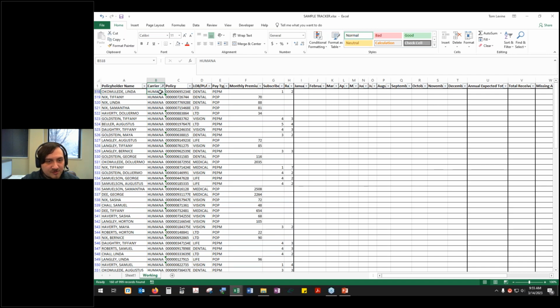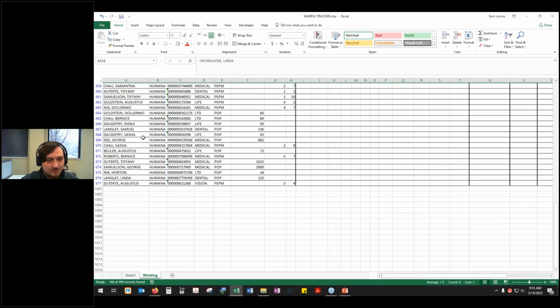By changing the filter to Humana, as you can see, now my numbers start at 518. If I scroll to the bottom here, this ends at 677. There are clearly not 677 Humana cases. But in order to get a quick count of just how many Humana cases I might have, I'm going to click on the very bottom cell. This would be B677 in your spreadsheet